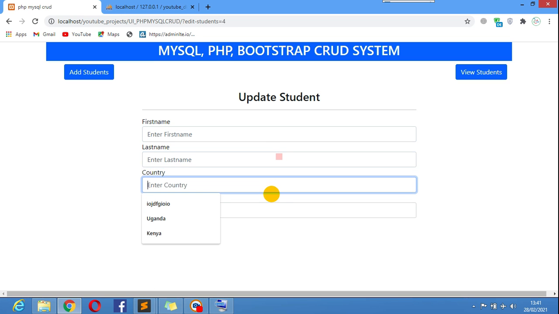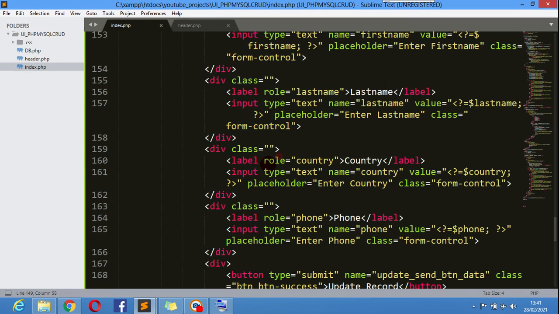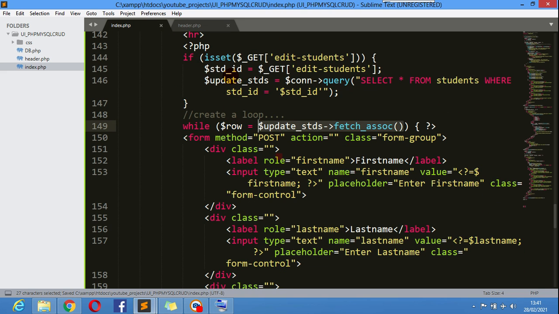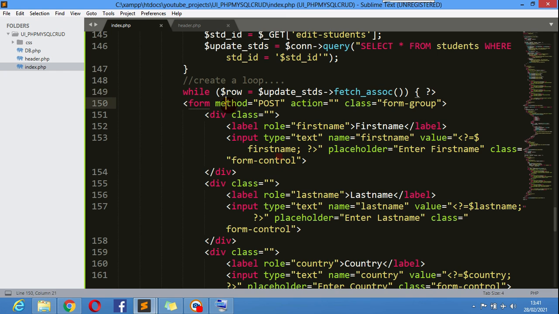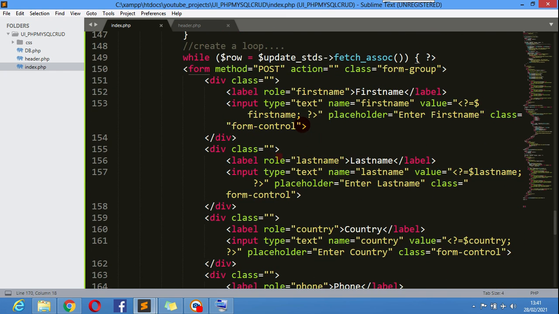Why is it not coming out? I expect the values to be there. I'm not seeing errors yet. We check here again. Updates assoc. Then if that's the case, the form ends there. And then underneath our form we have